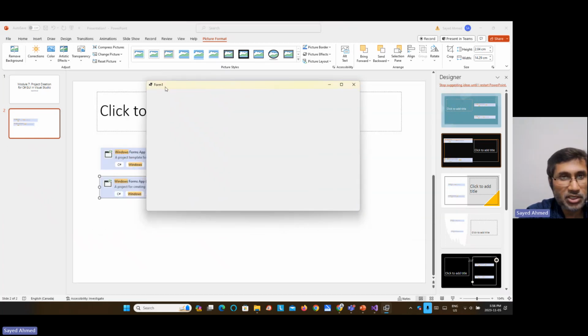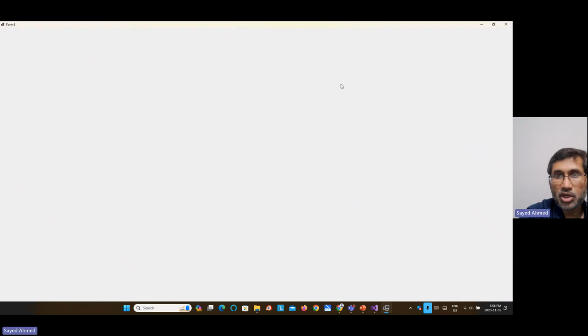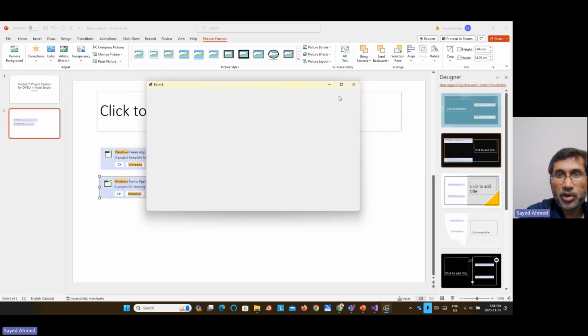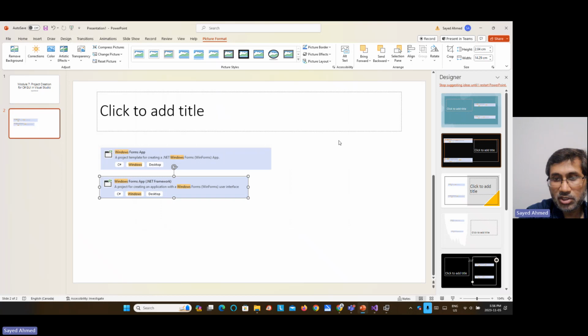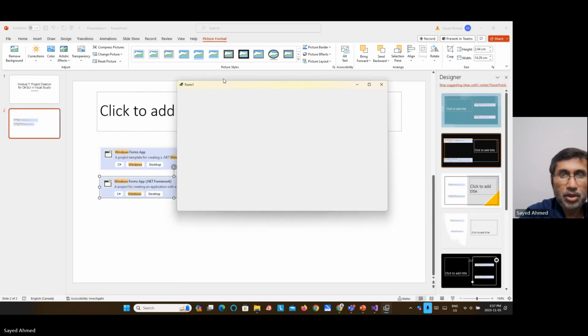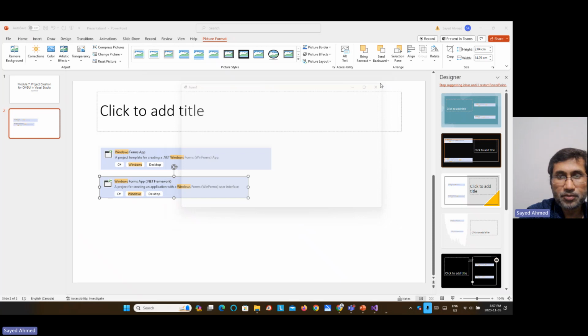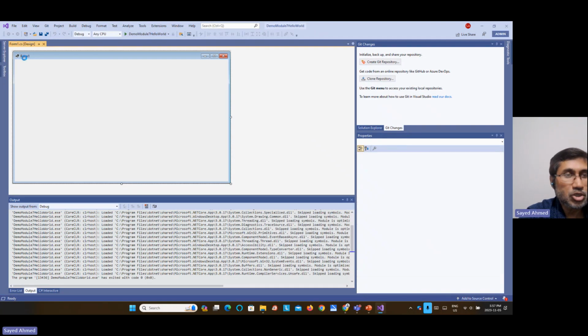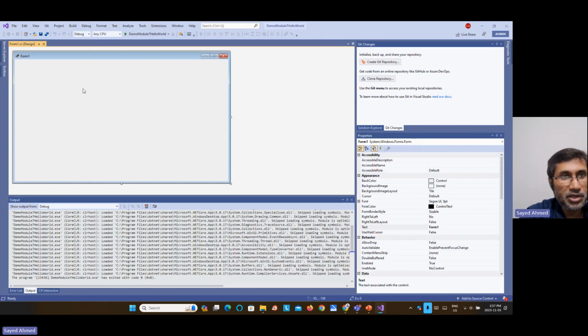You can see Form1 is the title, and you can maximize, minimize and restore it, and you can close it. I'll close it. So Form1 is the title. If we click on it, you can see